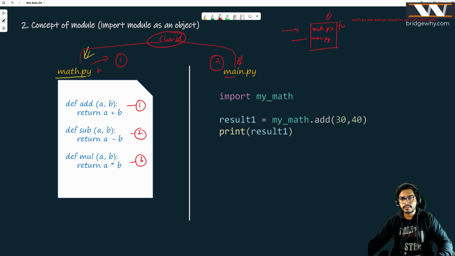What I'm doing here is, in this main.py, I am importing my underscore math. What is this my underscore math? I have made a mistake here. This file name is my_math.py, right? When the Python interpreter is running this program, main.py, and it reaches the statement here, import my underscore math,